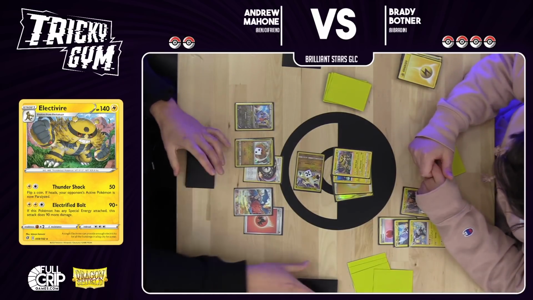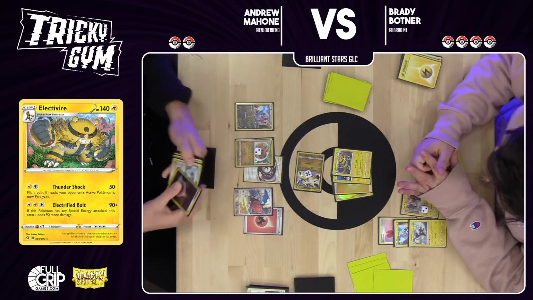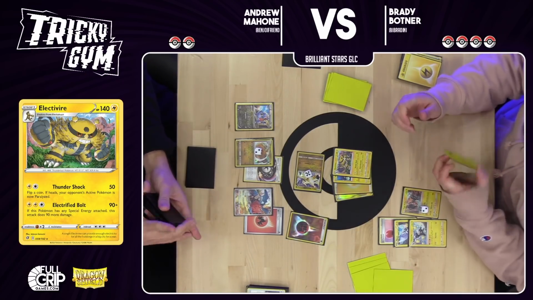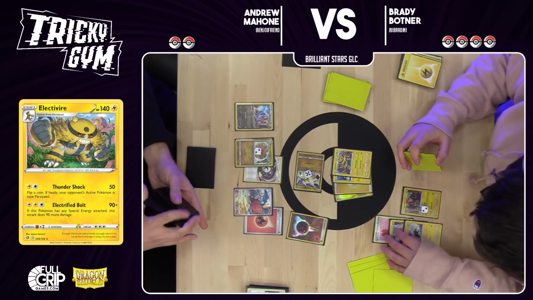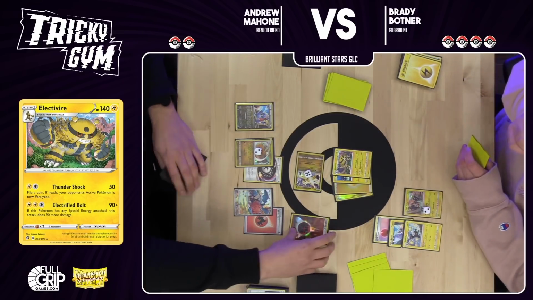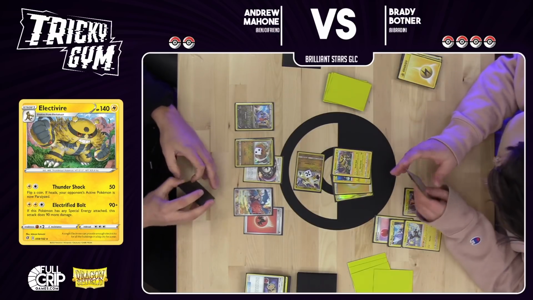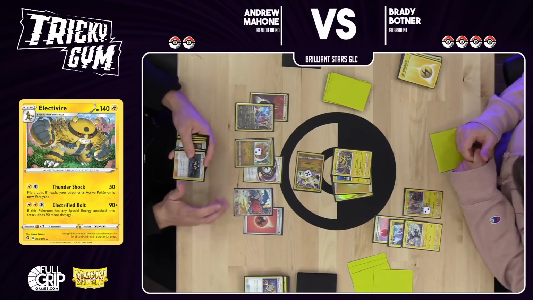Let's Energy Lotto. 1, 2, 3, 4, 5, 6, 7. Okay. Might be a turn where I'm kind of just tempoing into some things then. Druddigon is not activated because you did not take a KO with an attack. You took a KO via Field Blower, which is not the same. I'm going to attach an energy to Gabite. And then...